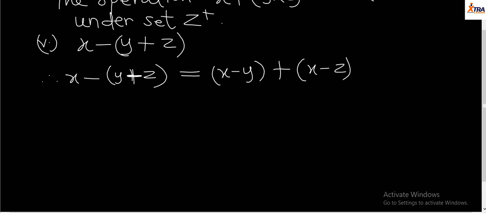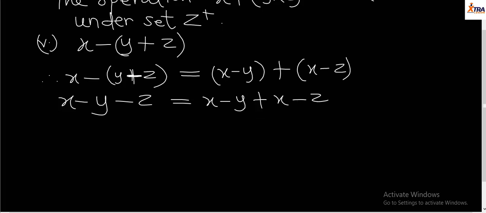Expanding the left hand side, we'll have x minus, we're using our minus to open the brackets, we're having minus y minus z. For the right hand side, we'll be having x minus y plus x minus z, which will be giving us x minus y minus z equals to, our x plus x here will give us 2x minus y